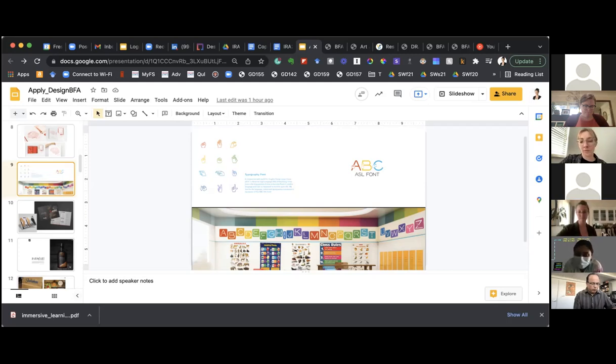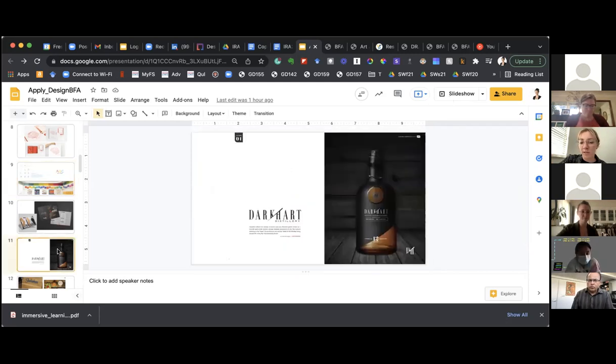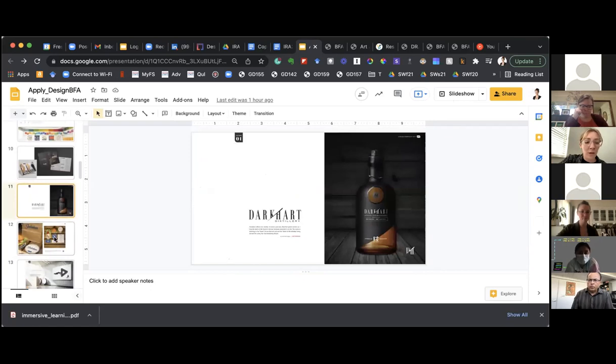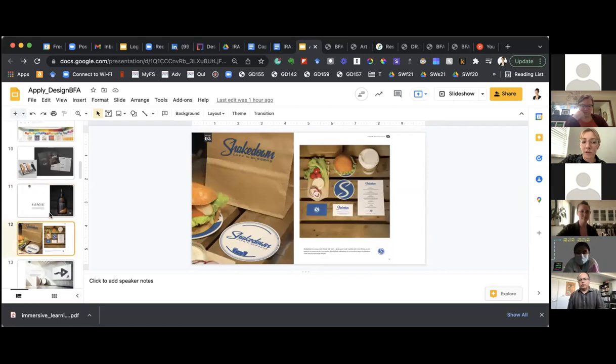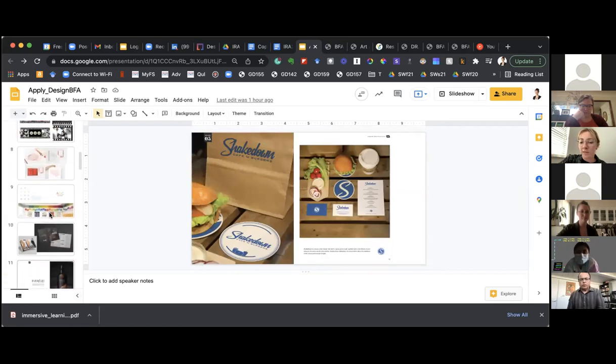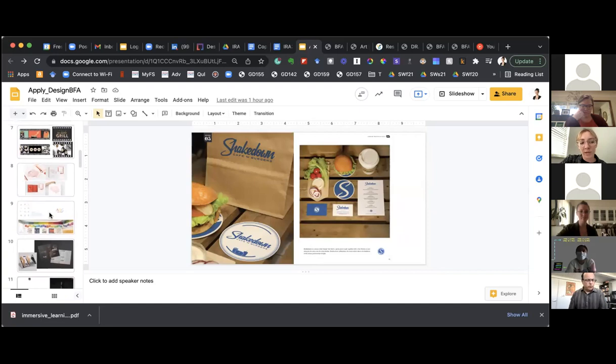Virginia, do you want to specify on packaging? Sure. I teach packaging design, which is an upper division course in your final year, in which you'll learn to design for three-dimensional spaces and structures. We do quite a bit of printing and prototyping in that class, but you'll have a good understanding of designing for packaging. And then I also teach graphic systems, where we look at brand identity systems,